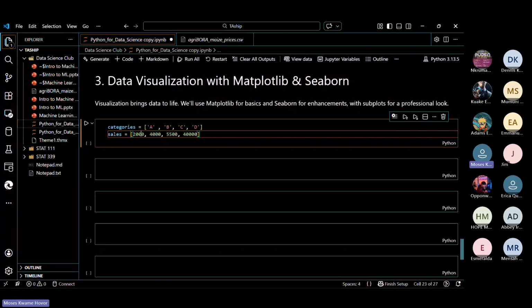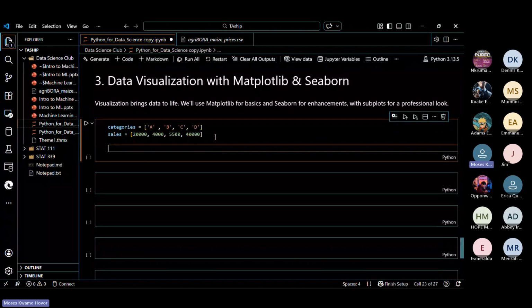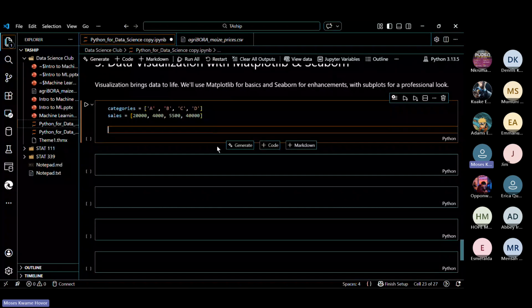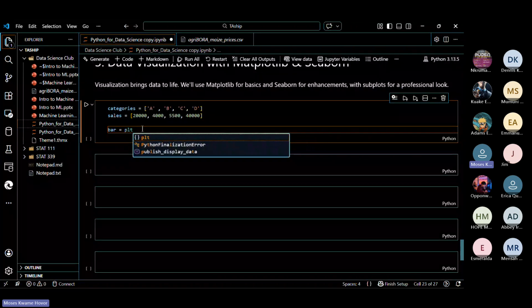Okay, so we can actually create a bar plot using this data. How then do we create it? So let's call our plot bar. We are going to call the plt. The plt here is matplotlib.